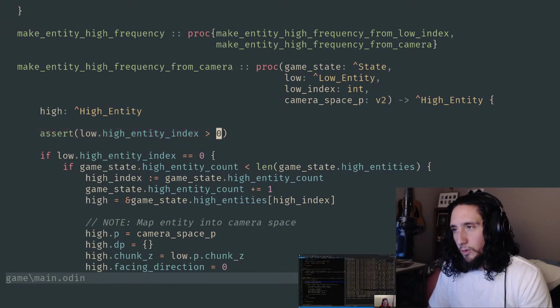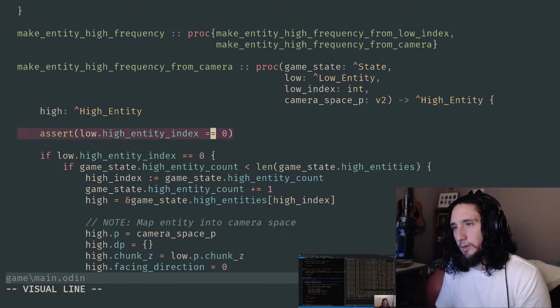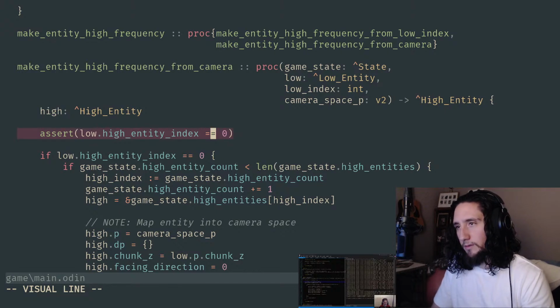Well, I guess I totally misunderstood the purpose of this assertion then, right? Like what I thought the original intent behind it was that if we've made it into this procedure call and this low entity already does have one, yeah.